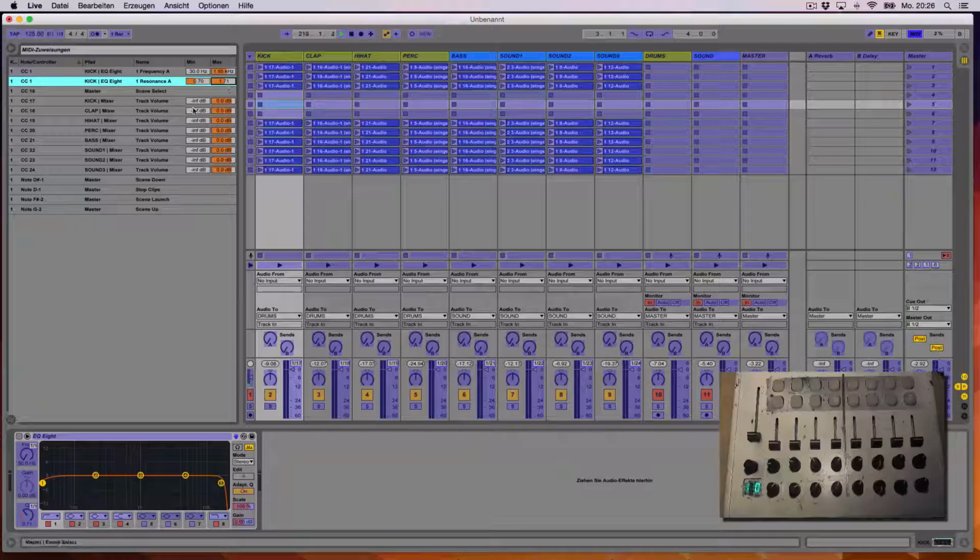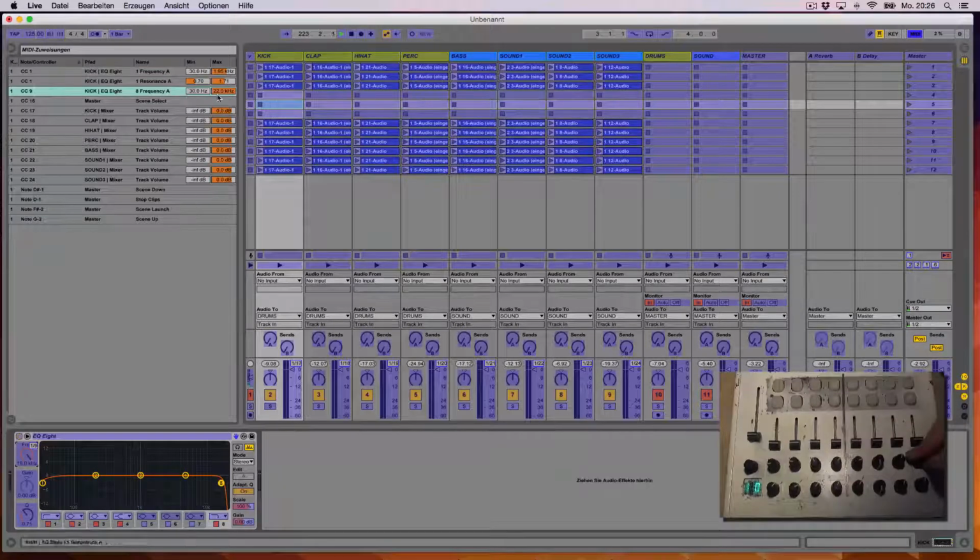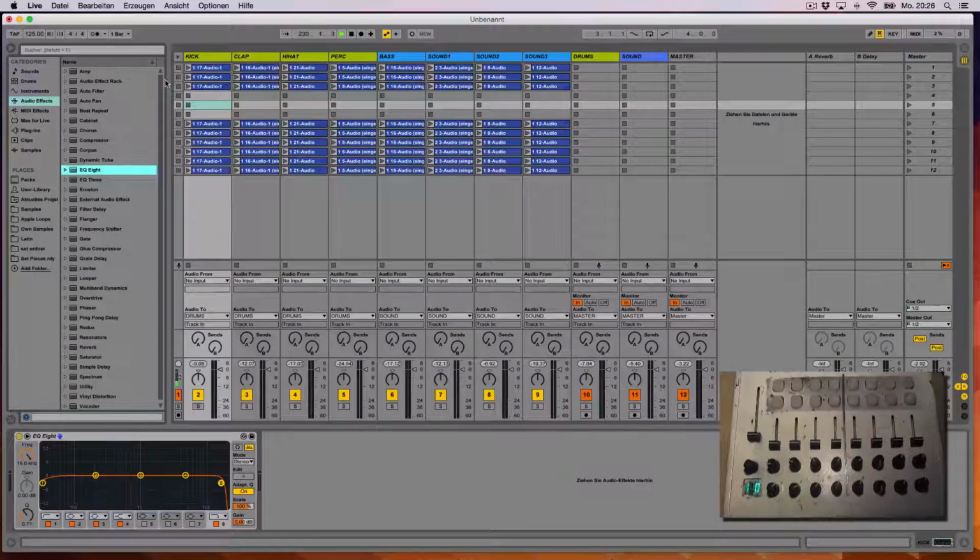The same here with this point, I will mark this here and take another knob and move it, and here I can see it goes from 22 kilohertz to 30 hertz, and that's too less. I want to go like 500 hertz. That should be enough. So if I'm playing the kick now,